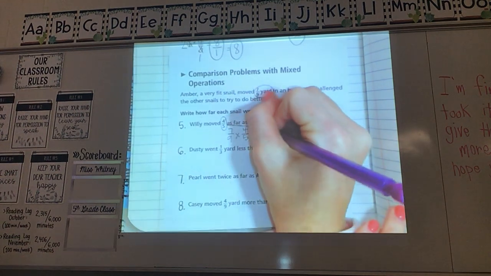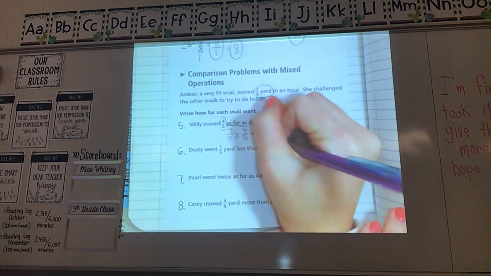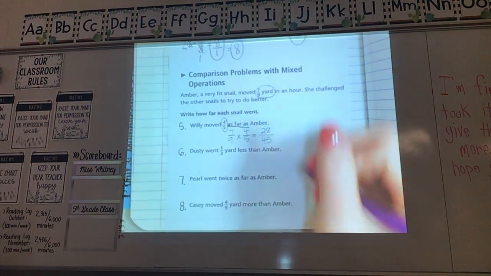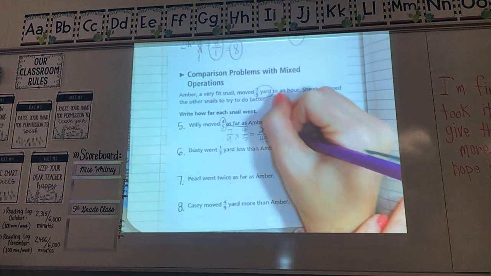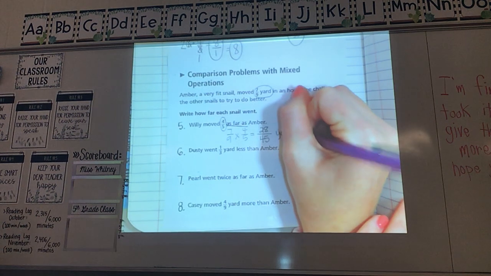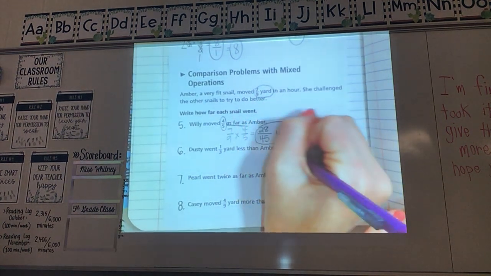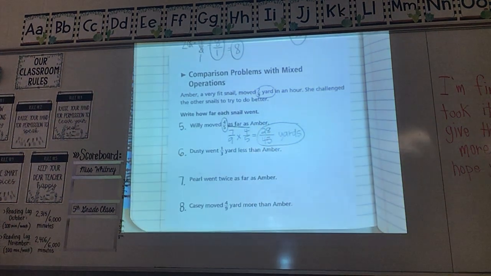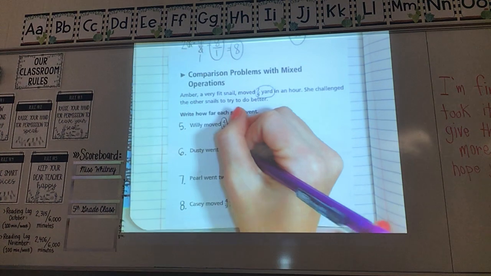7 times 4 is 28. Across the bottom, 9 times 5 is 45. What would my label be? 28 45ths yards, because that's how far the snails are going. That's the unit of measurement we're using. Make sure we get those labels on there. All right, number 6. Dusty went 1/3 yard